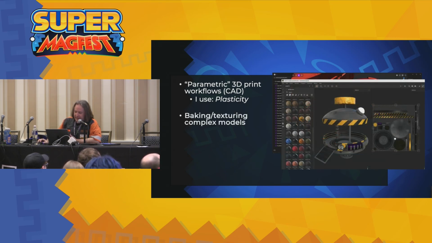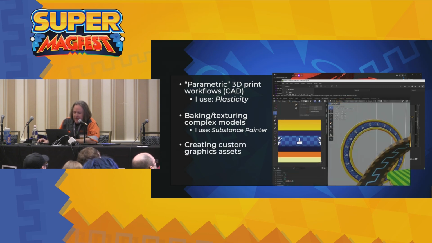If we're doing really complex models, so our gazebo this year in the VRChat world is the little capsules from the Sonic games, and something that's really material heavy like that, I will use Substance Painter, which is now an Adobe tool. And then when we're making graphics, like the little designs on the walls and things, that's just normal graphic design workflow for me. I would use Illustrator or Photoshop or something, and then just take those in as textures into Blender, which I think is pretty normal, but just to mention that there are other tools involved in these things.